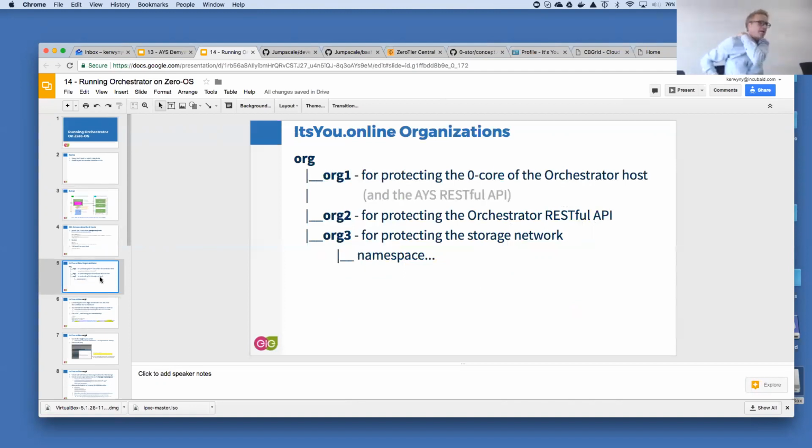A little bit like I explained in my previous session about setting up and configuring At Your Service, we leverage itsyou.online, which is yet another project we open sourced about one year ago, and which is quite important in everything we do, for protecting all the APIs. At many levels we use itsyou.online to secure access, authentication basically, of all the APIs.